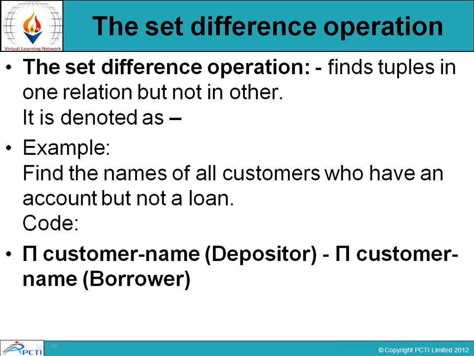Like here the pi operator is applied again to take out the particular column of customer name from the table depositor. There in the bracket is the depositor table. Here we use the minus. कॉलम कस्टमर नेम फ्रॉम द बोरोर। तो इस क्वेरीज में क्या होगा, जो हमने कहा था नेम वो एक्सट्रैक्ट करें दैट हैव अकाउंट बट नॉट अ लोन, तो इट विल रिड्यूस दैट विच विल नॉट एग्जिस्ट इन द बोरोर।